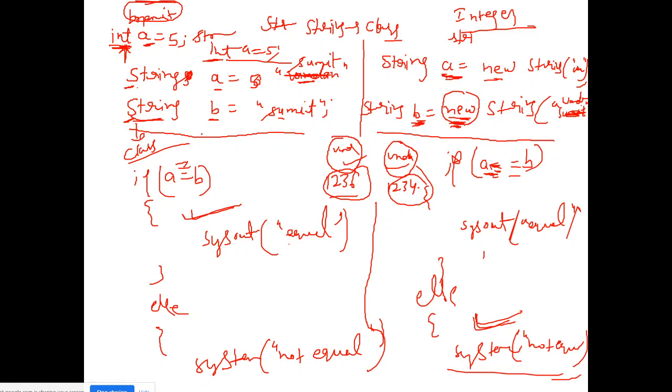Over here this is the same object where A's value is Sumit and B's value is Sumit, so it will compare A is equal to B. So yeah, A is equal to B, that's why equal. But here is a case, suppose I make it caps, right? So this will come inside not equals to. I hope this makes sense to everyone.